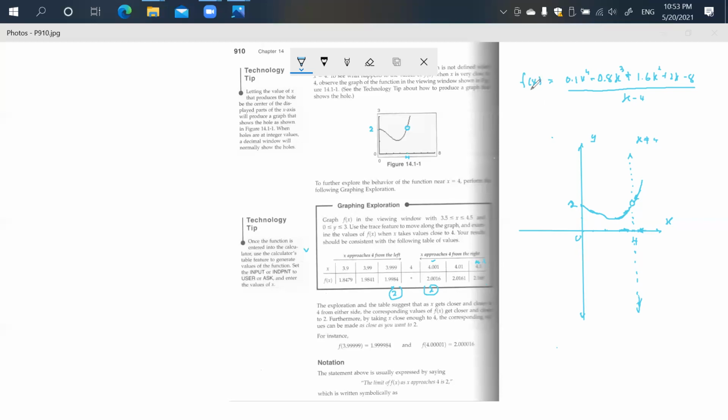So from this one, if you take the limit on both sides, f of x when x approaches 4, and this side also the limit as x approaches 4, then the limit of f of x when x approaches 4 will equal 2. That's the answer. So remember, at the beginning I said f of x here is going to be